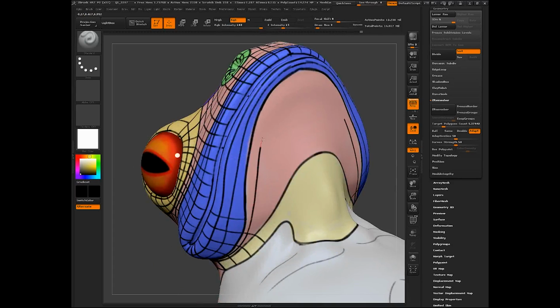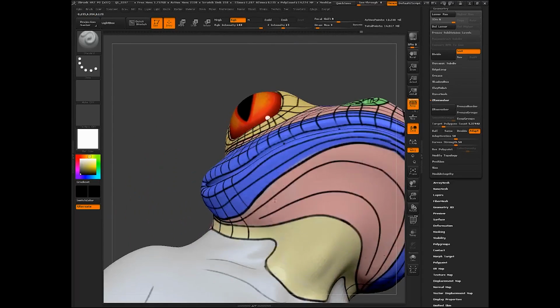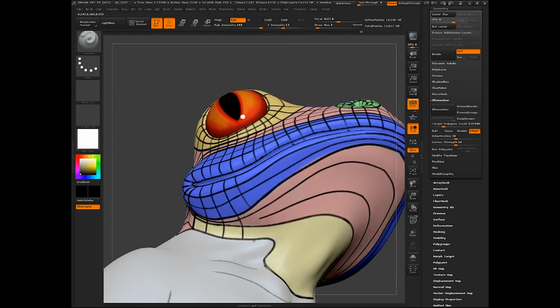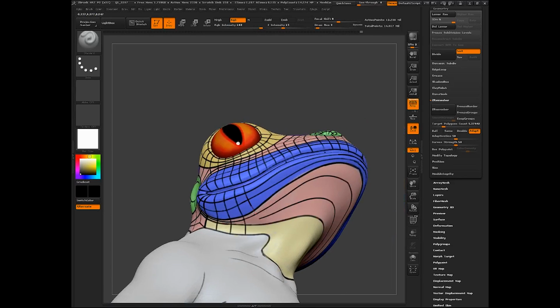Okay, and then I'll just kind of bring this up and around. And then we still need another edge. So I'll put an edge right here. So I'm going to have to figure out how to deal with that edge. So what I'll do is I'll bring this edge down.